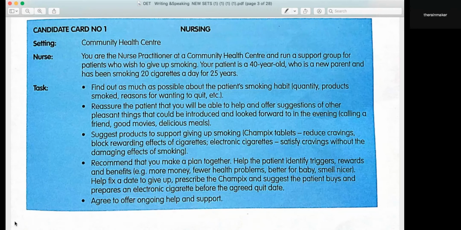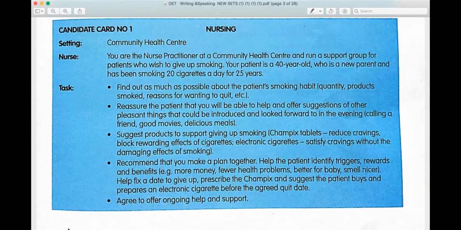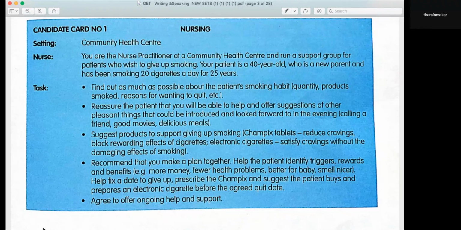Geeta, you can start. Okay, sir. The key is, remember, to not constantly look at the cue card and try to read what is given there. But the key is to refer to it when it's needed, and most of the time focus on what the patient is saying, right? So let's try, Geeta.